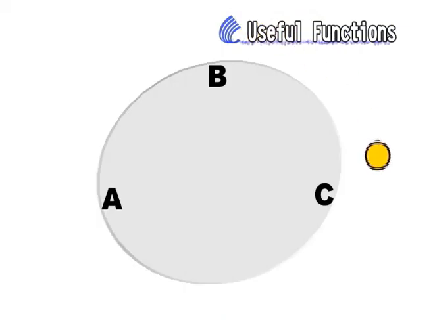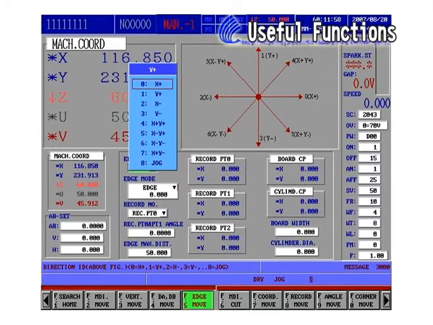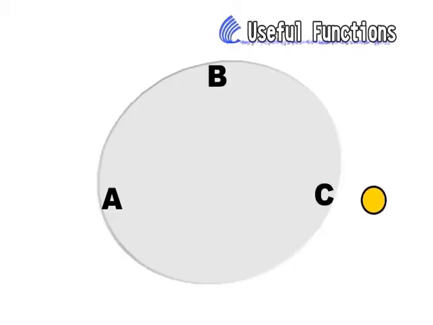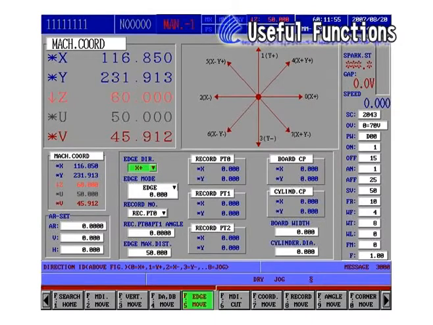3. Remote Jack Controller. Move to reference point number 3. To choose direction code in edge direction, enter. Change record number to 2. Start. When edge action is done, copy the MC coordinate value to record PT2 by moving the green bar, input